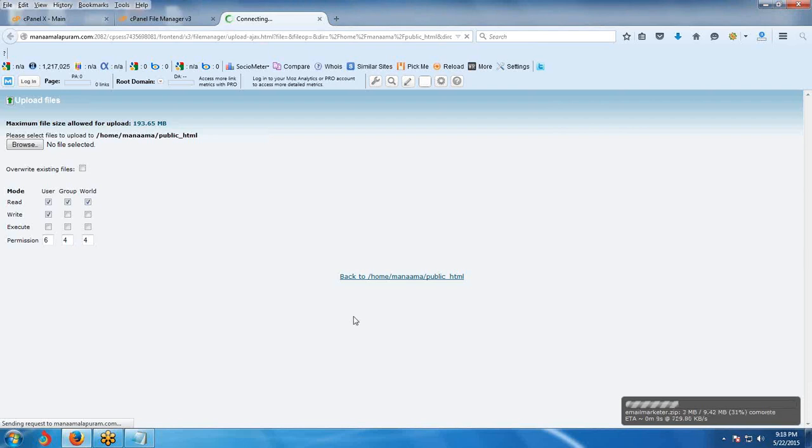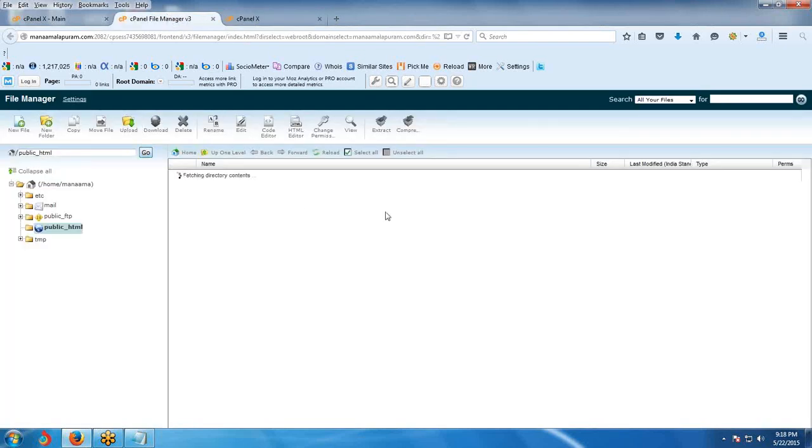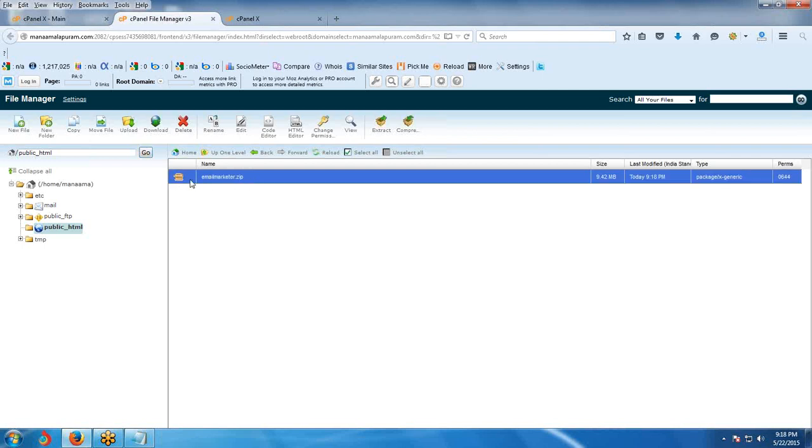The file size is 9.4 MB, almost 10 MB. This is the software zip folder we have uploaded, right?